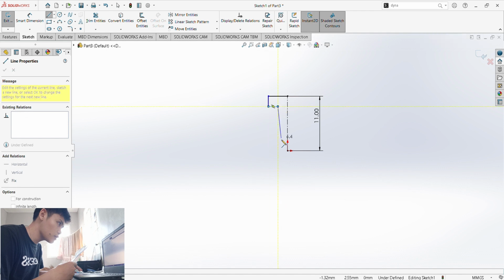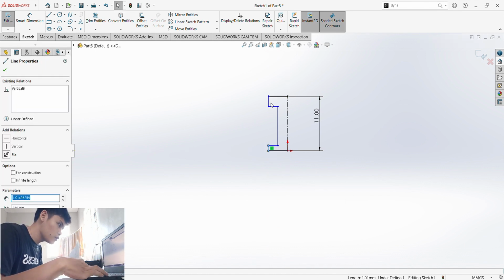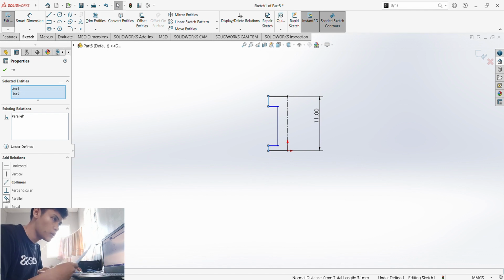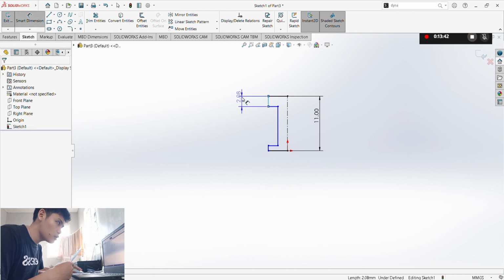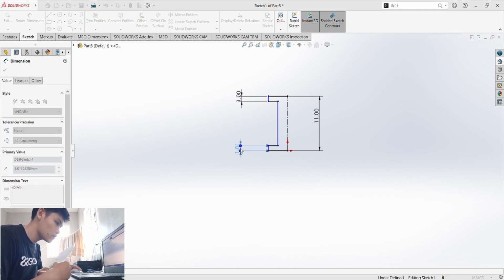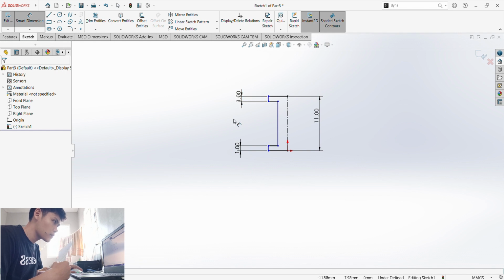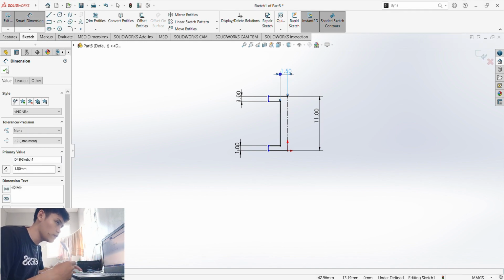So next, we have to first make it 9 plus 2, then enter, and then check, and create something like this. And then escape. This one and this one should be equal. And then check. And smart dimension 1. And then next is this one to this one. So 3 divided by 2 is 1.50.